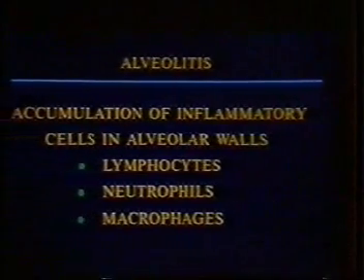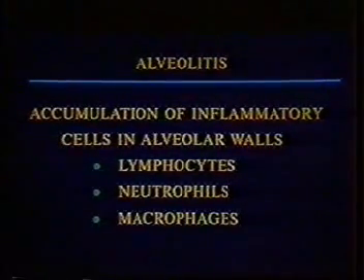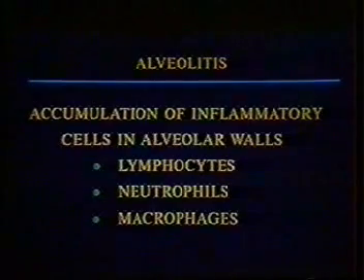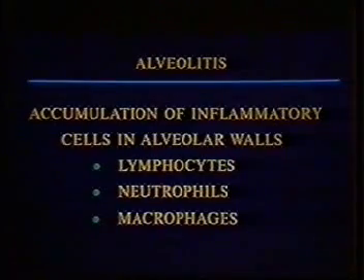The basic underlying pathogenesis of all this very varied group of disorders is, as I mentioned, the presence of alveolitis. Alveolitis is the accumulation of inflammatory cells in the alveolar walls. And the various disorders have various characteristic types of inflammatory cells which can accumulate. The slide on your left is of a patient who has alveolitis. You can see that there's very mild thickening of the septa in between the alveoli with inflammatory cells.